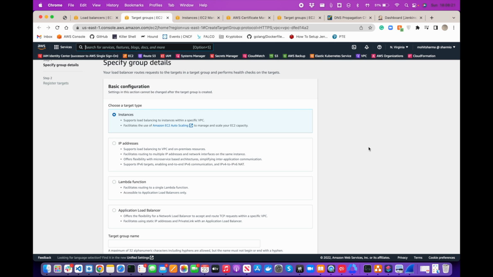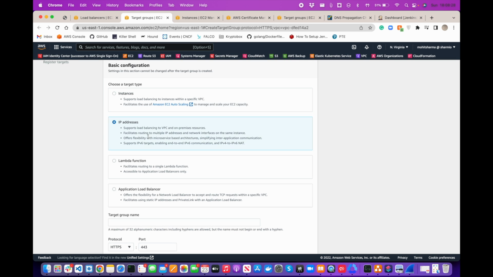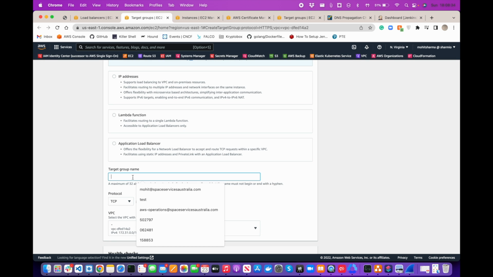We are going to try to target them and perform the health checks on the targets. It can be based on instances, IP addresses, Lambda functions, and application load balancer. We're going to stick with the default, which is instances, and I'm going to provide the name of the target group, which is the Sharmio demo